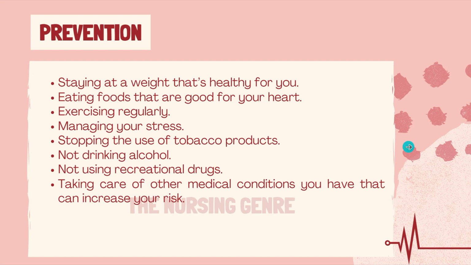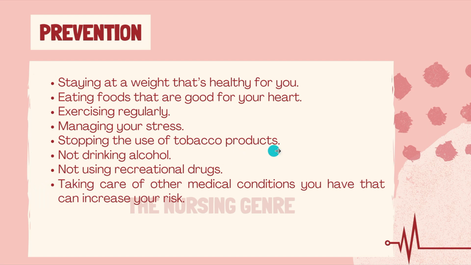Finally, how healthy people can prevent this condition. So through prevention, how can we prevent? Staying at a weight that is healthy for you. That means you have to calculate your BMI, body mass index, eating foods that are good for your heart, exercising regularly, managing your stress, stopping the use of tobacco products, not drinking alcohol and alcohol related drinks, not using recreational drugs,